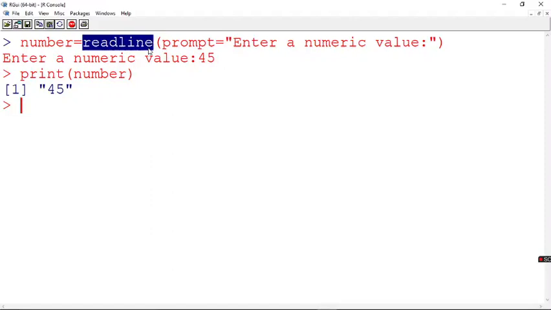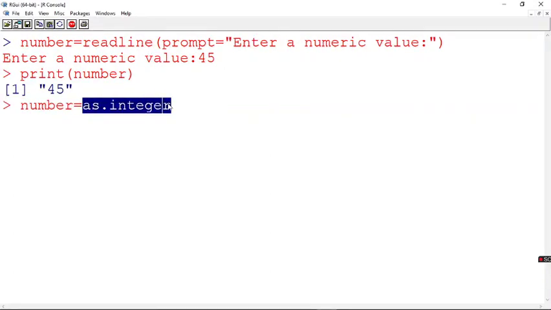So what I can modify here: I can say number is equal to, and there is one built-in function which I call as.integer. This is also a built-in function, so remember you can't change it. I say as.integer and I open a brace, and here I put readline and the same thing.